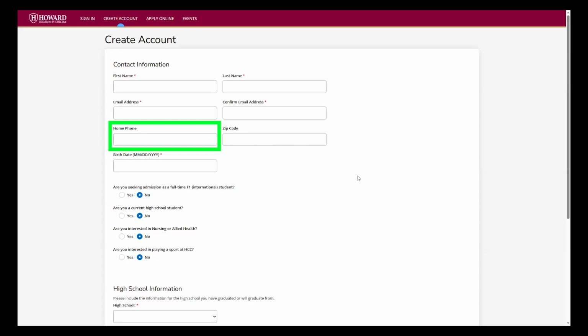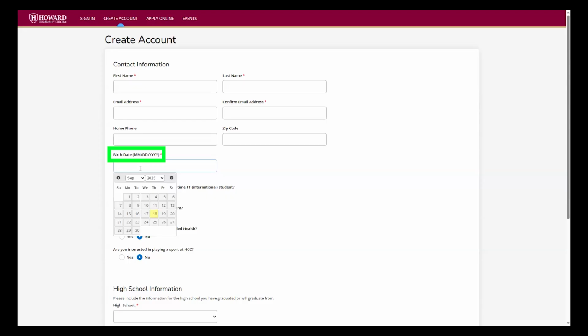For home phone, you can use whichever phone is available to you, whether that's a cell phone or a home phone, preferably the phone that you use most frequently. For the date of birth, please double check to make sure that you are entering in the correct date of birth. You can either use this drop-down calendar to select the correct day and the correct year that you were born, like so.